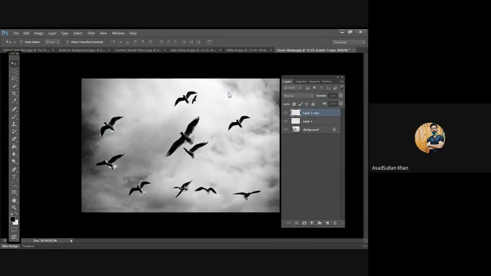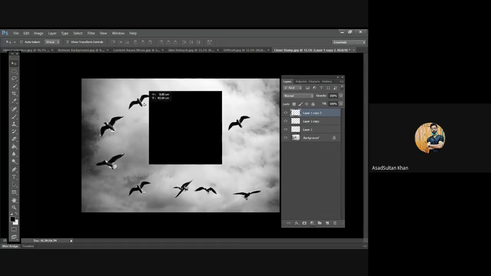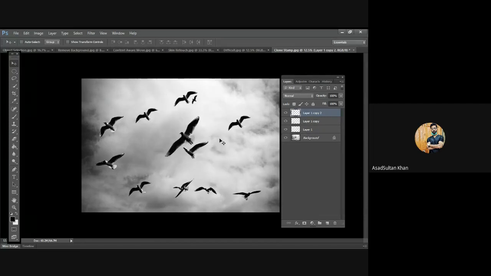And as you can see, anybody who sees this picture will never ever know if this is some sort of editing. It's gonna look like a real picture, and that is the beauty of Photoshop because now I can delete all these buildings too.